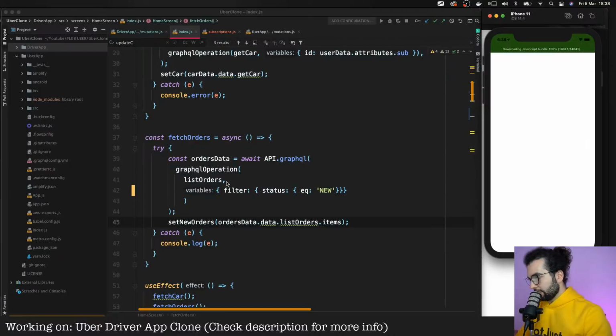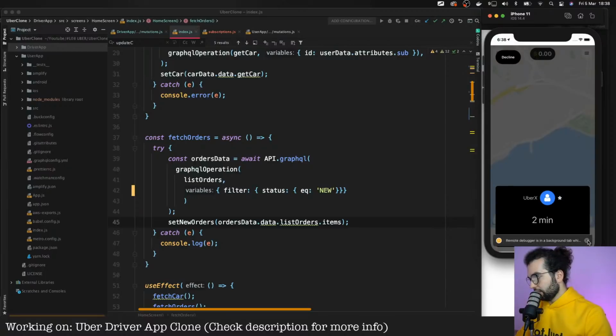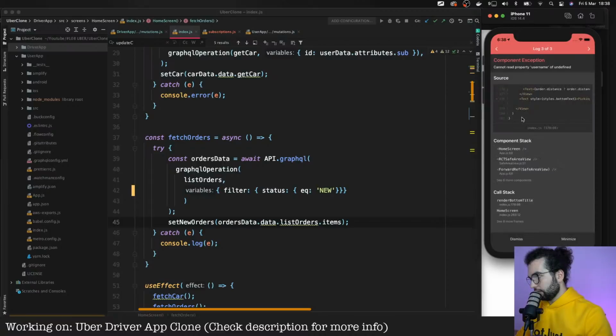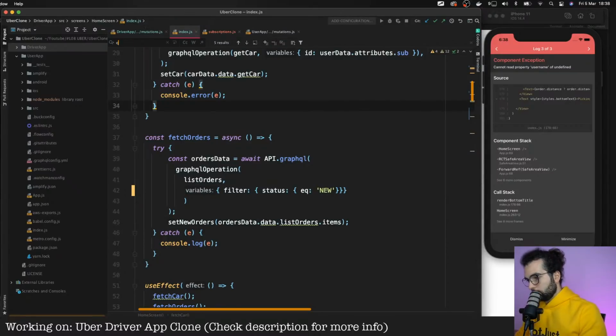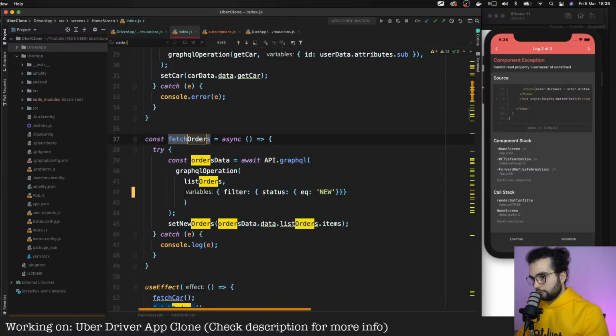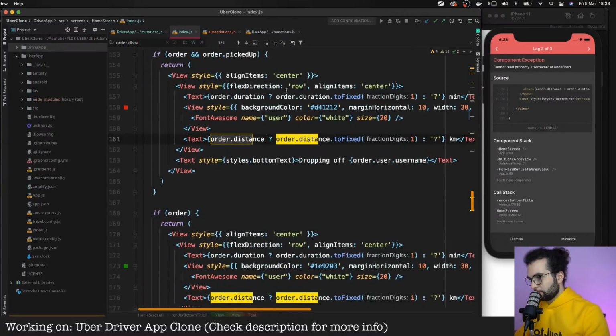Okay, now let's accept the first order that we see. Let's accept it. Cannot read property username of undefined, and that's order dot distance somewhere.